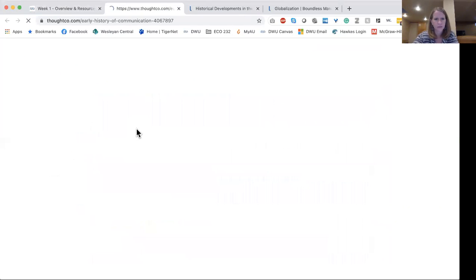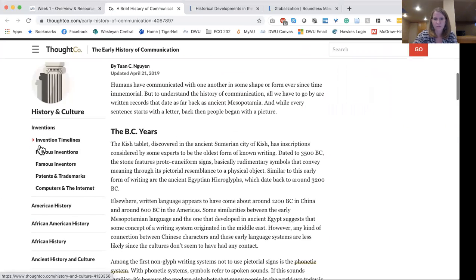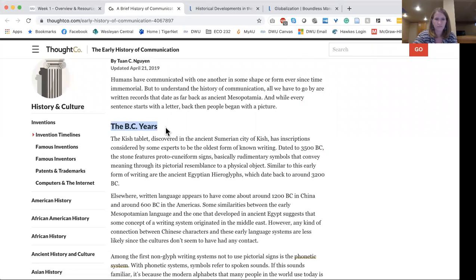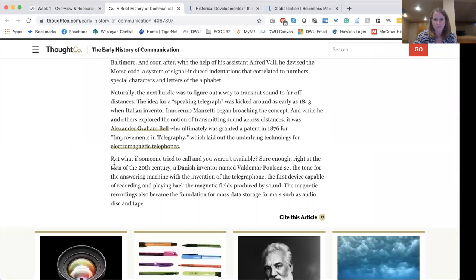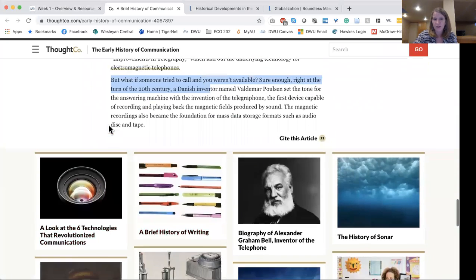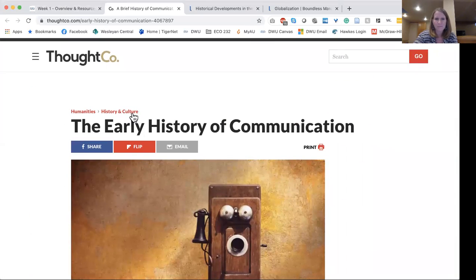ThoughtCo, whoops, there we go. Again, here's the early history of communication and what the communication did. It's very brief, but it starts back in the BC years and comes all the way to someone trying to call you and how we got the answering machine. Obviously, we've come a lot further than that since that time, but still a great background of what communication did